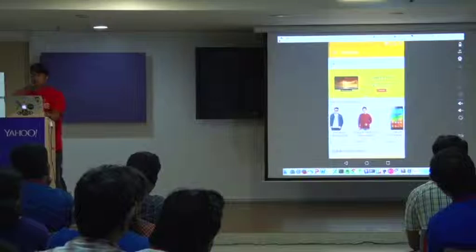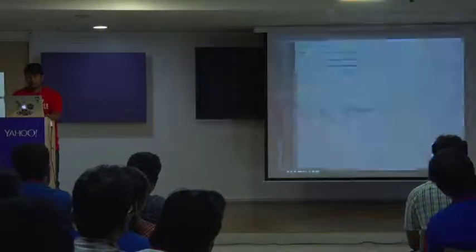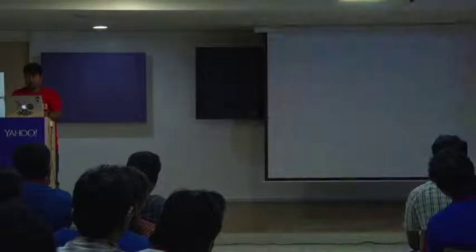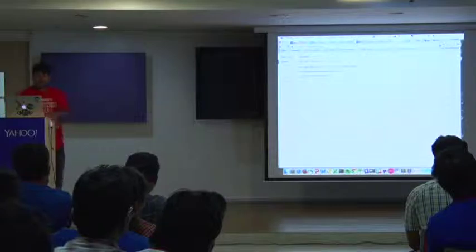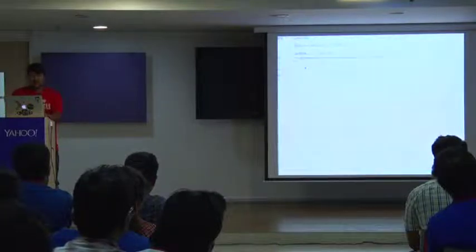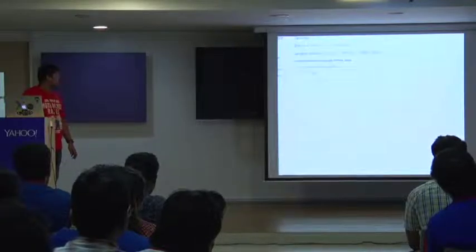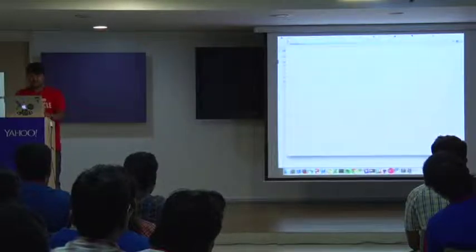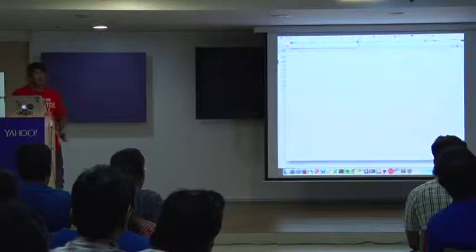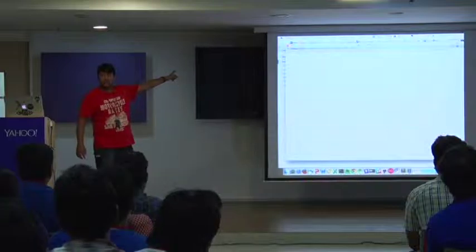I go to Chrome. I just say Chrome inspect. Can you see this? You see here the app appears, powered by Stetho. If you just click on inspect, you see the good old Chrome Developer Tool, and this is your app's view hierarchy, and we'll talk about all these features one by one.